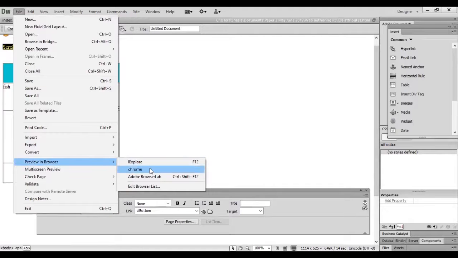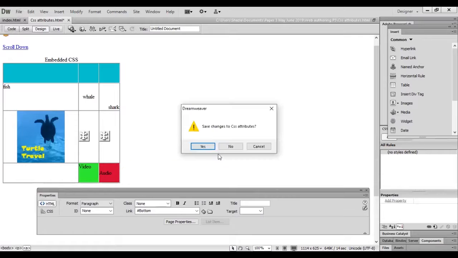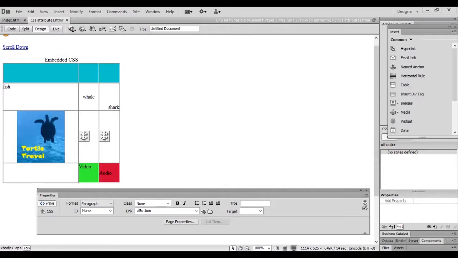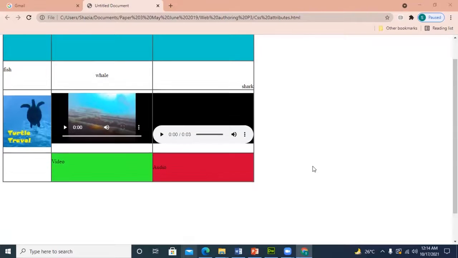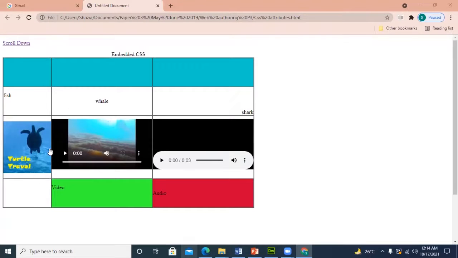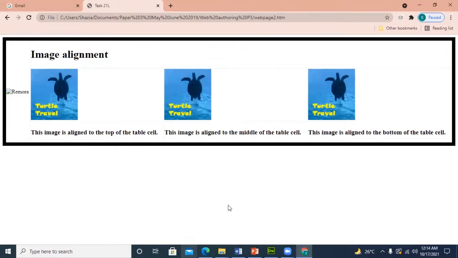Here is a browser view. So open your browser view, save it, and find your browser view. Here this is my window, share it. So now see whatever I have done so far. So this is a browser view, and this is video, audio, and here through this I have created my external linking. So my this page is open now.